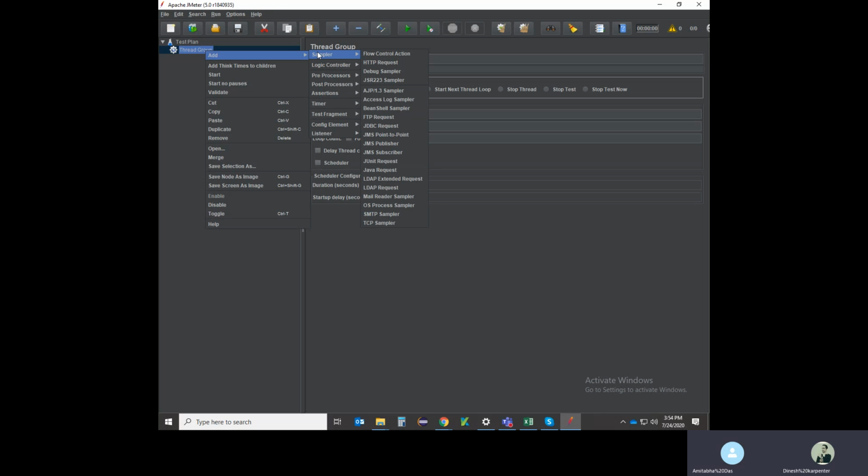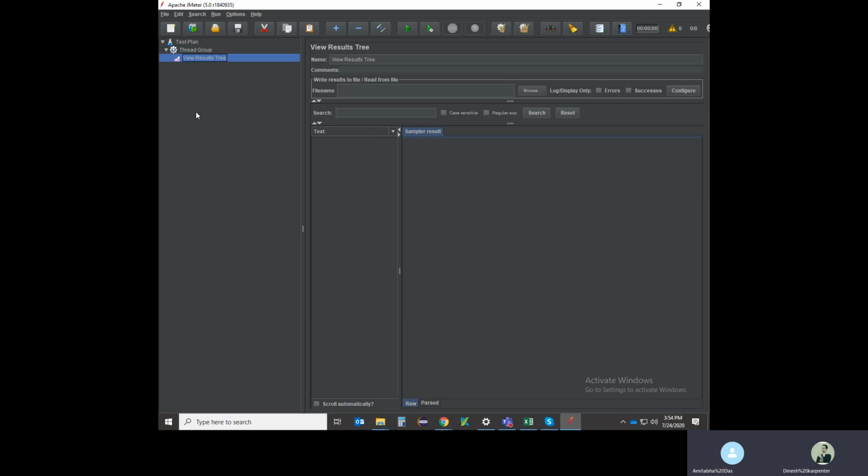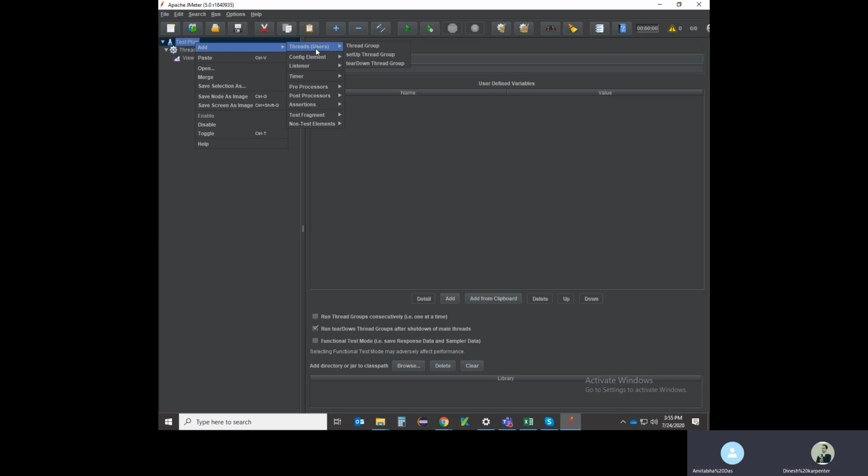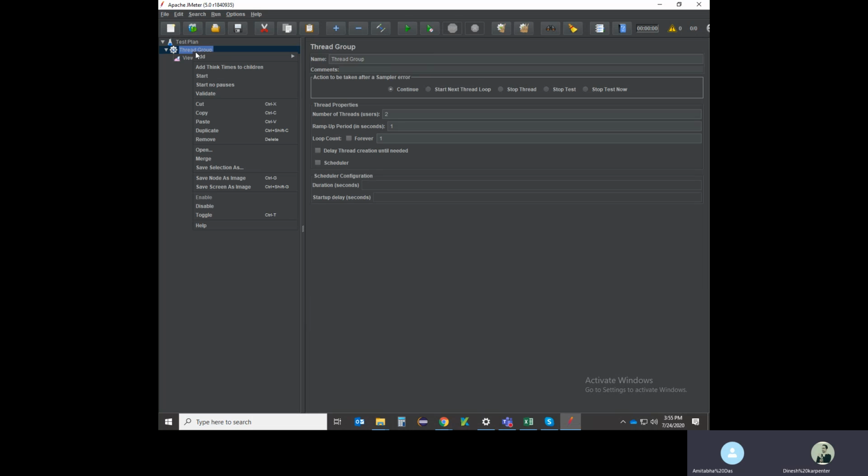Now what is important next? The listener. An HTTP request is not needed to add, because what we are going to do is record the requests. So we will not add the HTTP request, but we will add something different to capture that. Another thing is the listener. We have to add the listener because we will need the result. Now, to create the request, or after recording the requests, where will those requests reside,